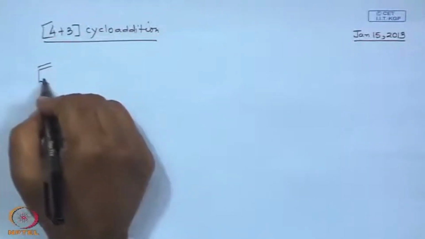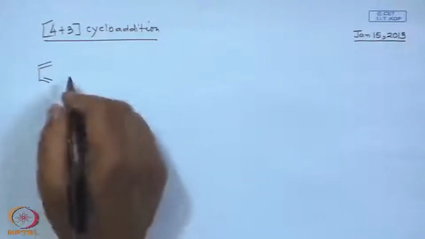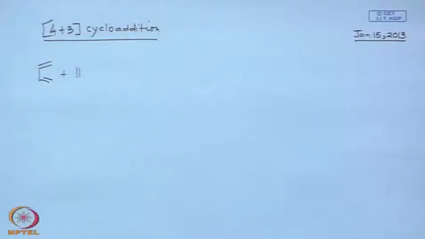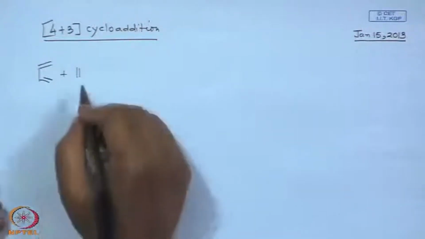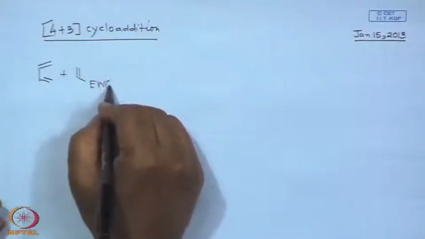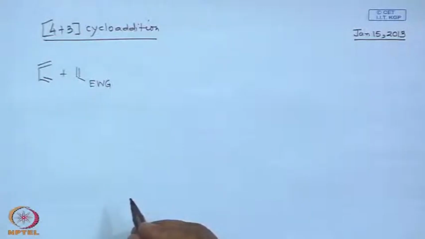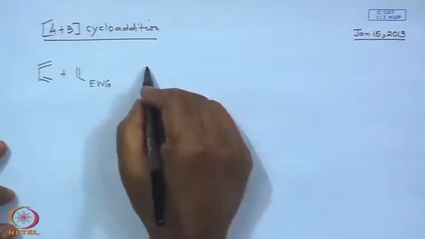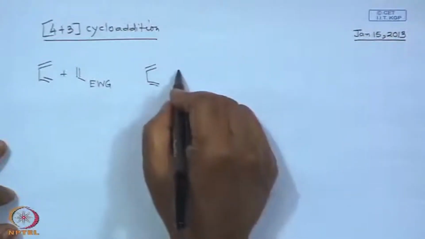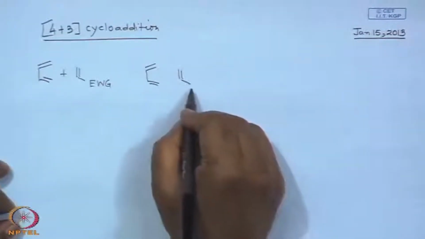and to compare with what we will be talking about today, let us say this is the standard protocol for Diels-Alder reactions or 4 plus 2 cycloaddition reactions, and normally what we require is an electron withdrawing group on one component. So, that was the standard one. Now, today's one is very similar, but the only thing you will find is that the dienophile does not have an electron withdrawing group. Instead, you will have a carbocation,